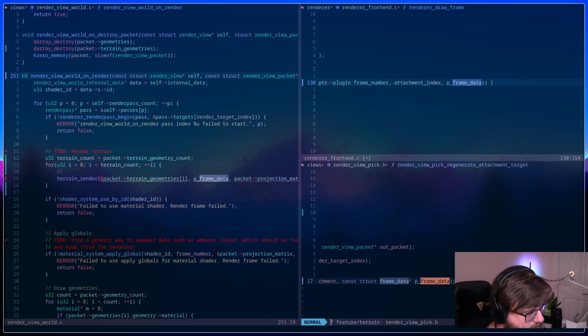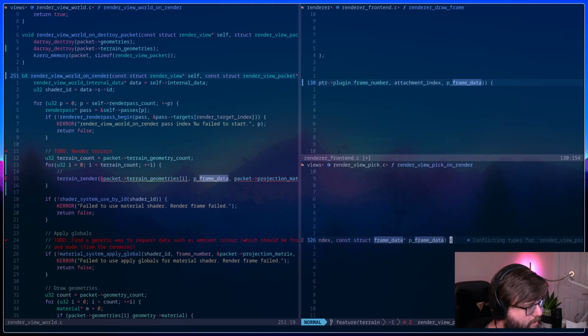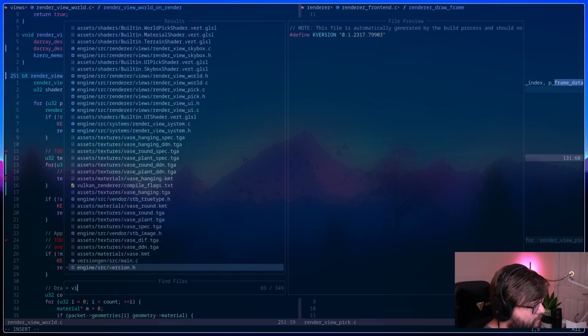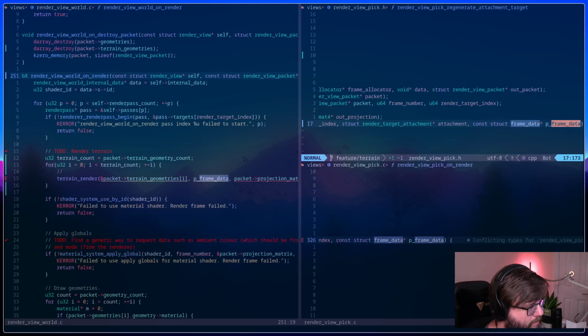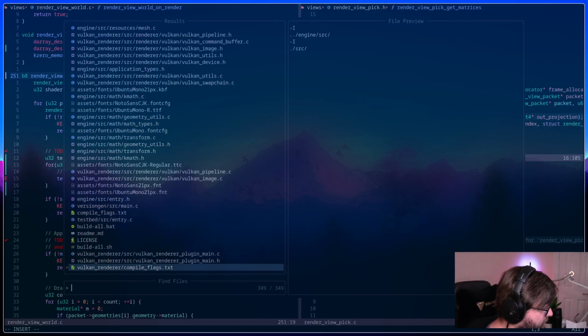Didn't I do this one? I did that one. Const struct. Okay, I guess it's just tripping for some reason. I don't know. Maybe it'll sort itself out after I build. So view,